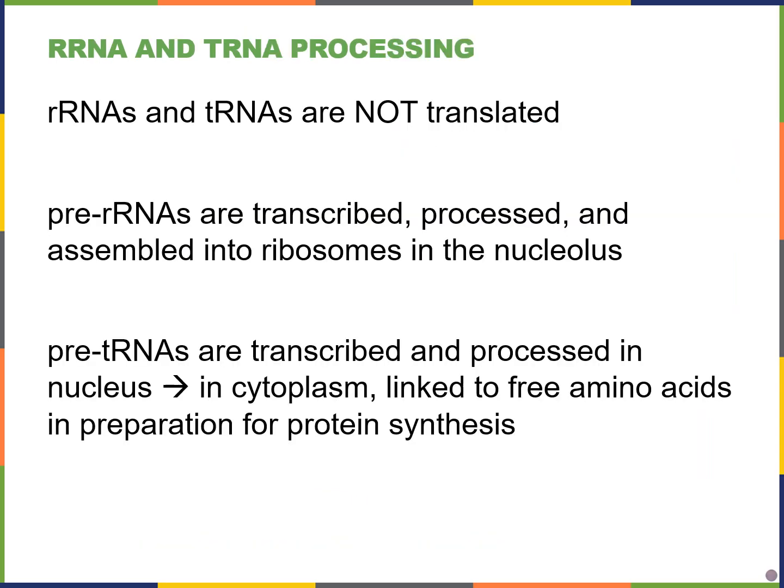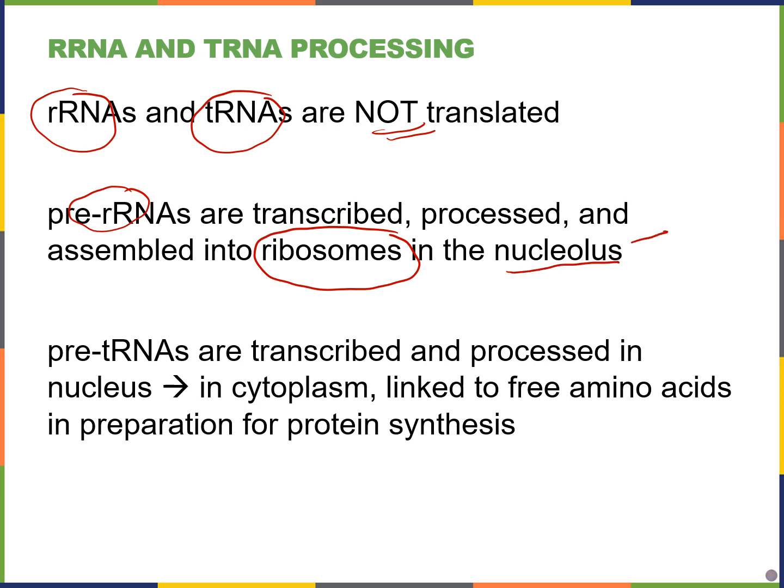So our pre-messenger RNA will be processed, converted to messenger RNA, and then translated. But ribosomal RNAs and transfer RNAs are not going to be translated. They stay in their RNA state. Pre-ribosomal RNAs will be transcribed and processed, and they're going to be assembled into the ribosomes within the nucleolus. Remember, this structure is found within the nucleus. Pre-transfer RNAs are going to be transcribed and processed in the nucleus. Then they're going to be shuttled to the cytoplasm, and they're going to be bound to free amino acids